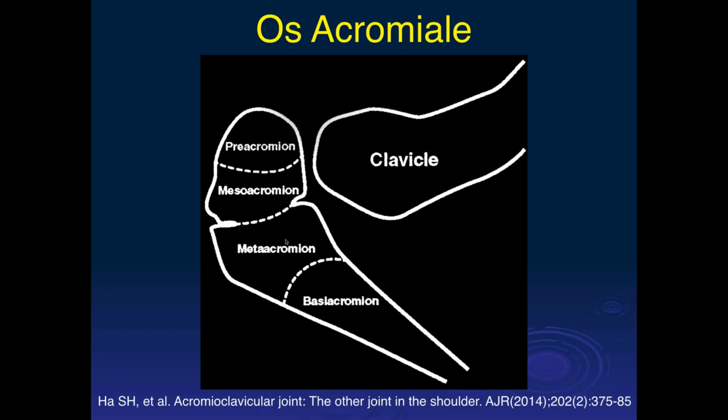There are words for exactly where the separation between the bones occurs, and these are different parts of the acromion process. I've not found these words very useful. John, do you like to use these to characterize the os acromiale? No, I don't. Yeah, so I just give the size of the os acromiale, and I don't go back to these words. But you'll see this in a lot of the